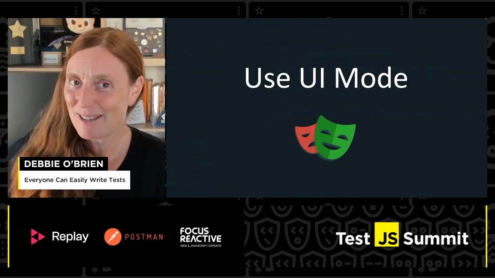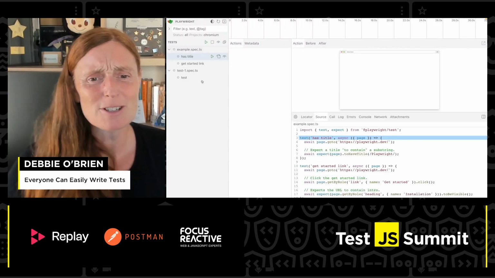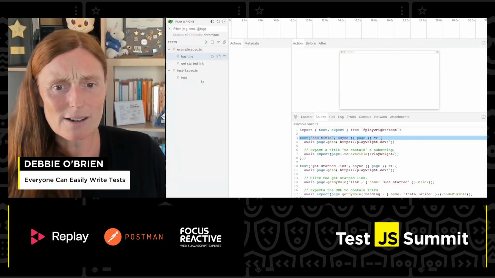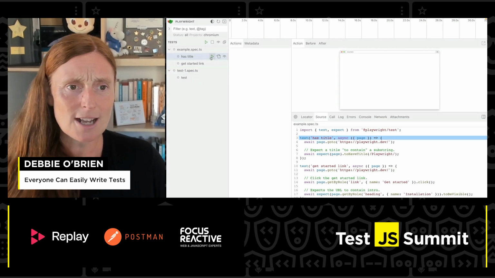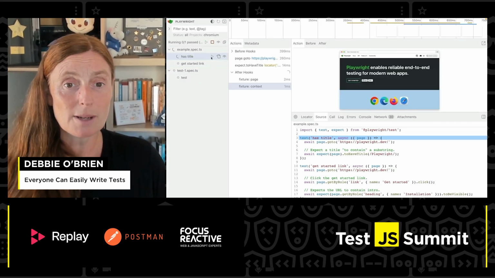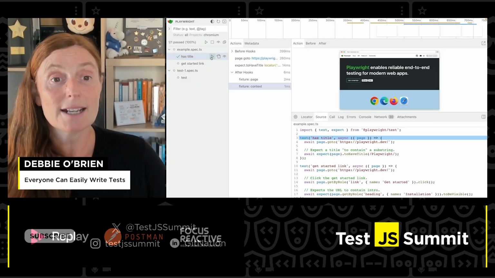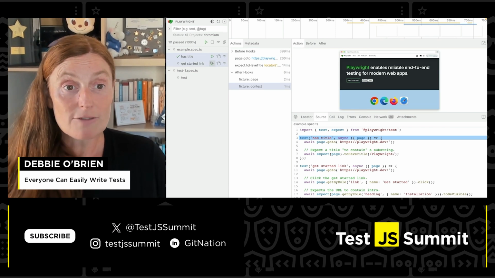And also use UI mode. Let's take a look at UI mode. It's my favorite tool. So we talked about it a little bit earlier. So here it is. It's launched and I can press play. Once I press play, it's going to run that test for me and it's giving me everything that I need,